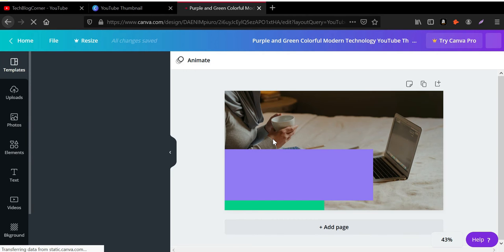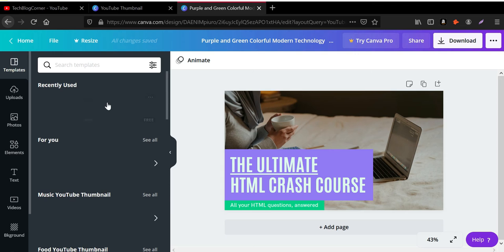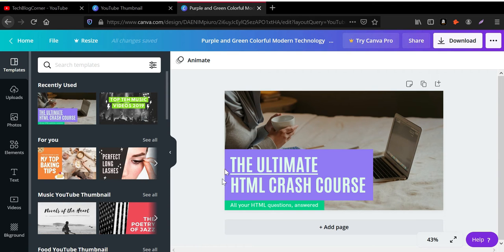So I like this one. I am going to click on it and it will open this editing panel. You will see the left side panel is the editing pane and the right side is the preview pane. Whatever you are doing on the left side, it will preview in the center or the right side. If I want to change the color or image or anything, I can do it right away. But if you want to use the premium version, you can go to the top and upgrade your plan, because there are some images and fonts you need the premium version to use.